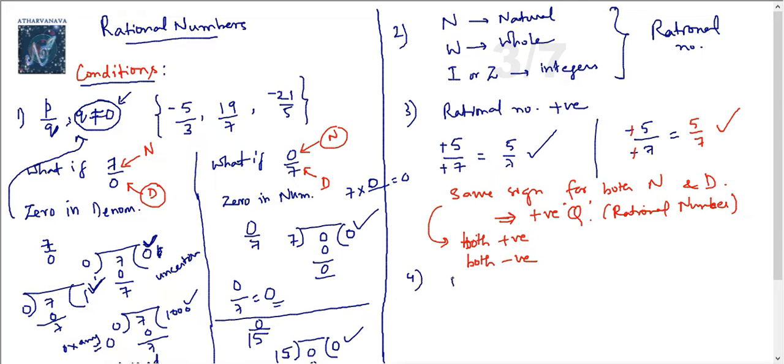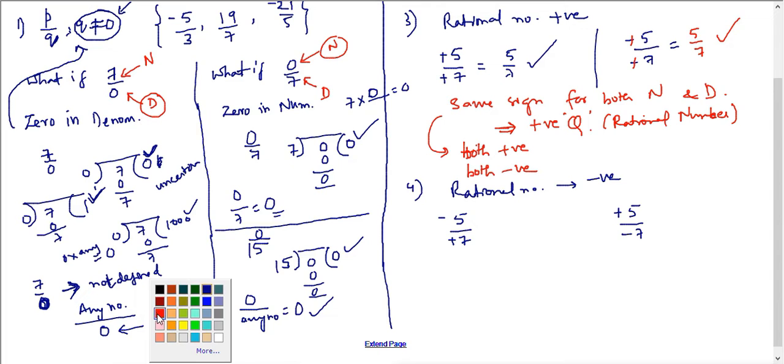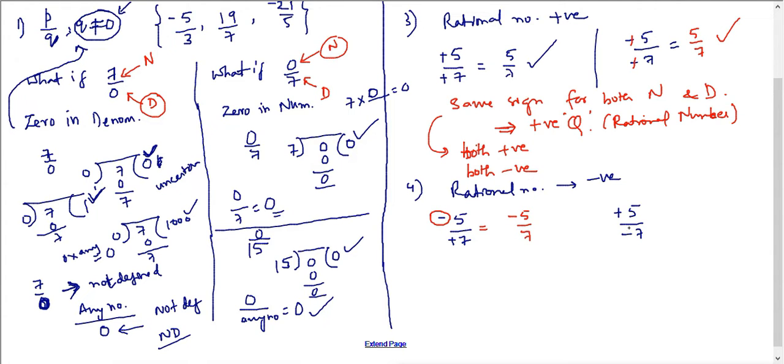Now what about a rational number which is negative? Negative rational number. You want a rational number which is negative. So in a similar way, I am taking the same example. Minus 5 by plus 7, plus 5 by minus 7. Remember this thing, here there is a condition you have to remember. You have a minus symbol in the numerator, fine, you will write minus 5 by 7. You have a minus symbol in the denominator, you need to bring that up and write minus 5 by 7. How do you get this one? Let's see this, okay.